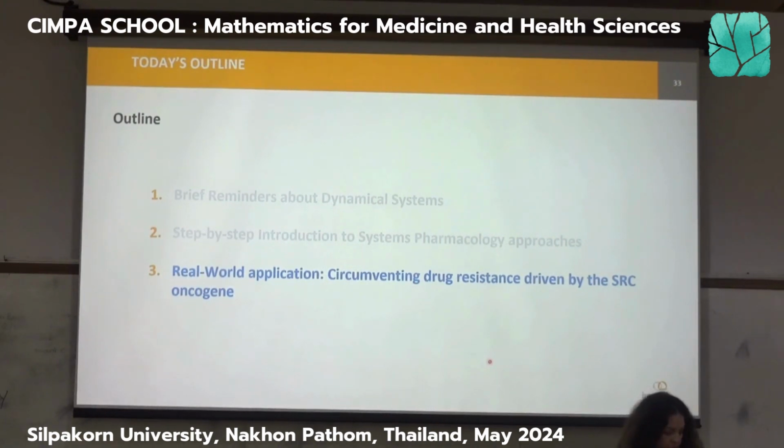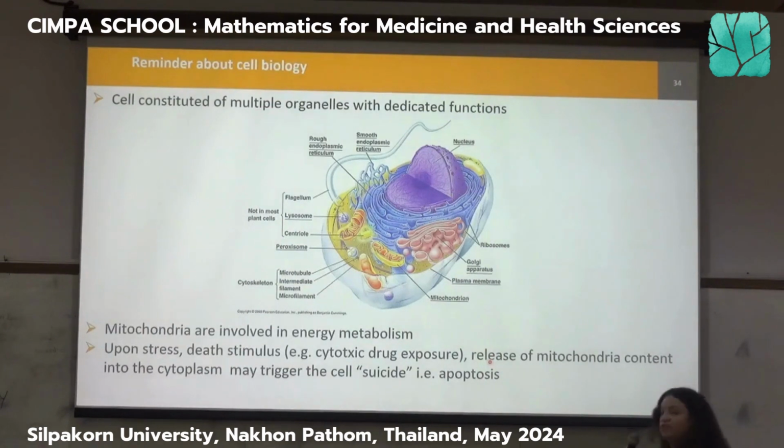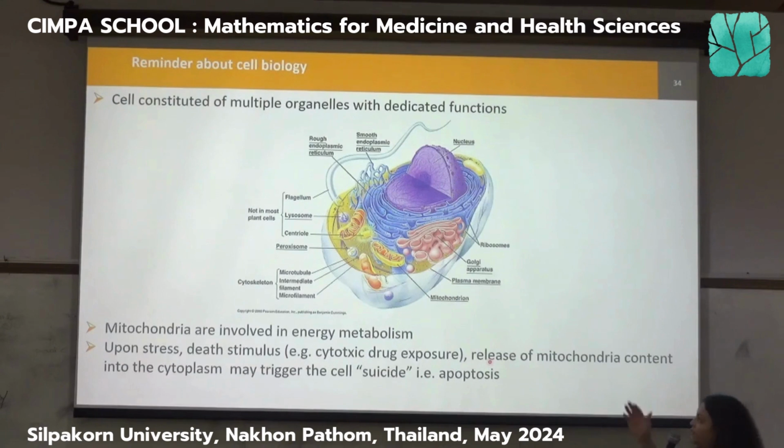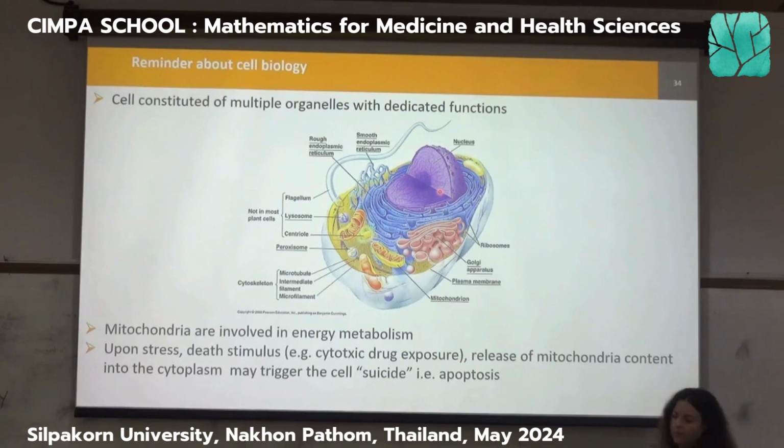Okay, before I introduce the real-world problem, let me just have 2 slides of biological reminders. So, if you don't know, this is a cell. A cell is the unit from which our body is constituted, and there are different organelles inside the cells. Maybe don't look at all of them. What you can focus on first is the nucleus. The nucleus is where the DNA is.